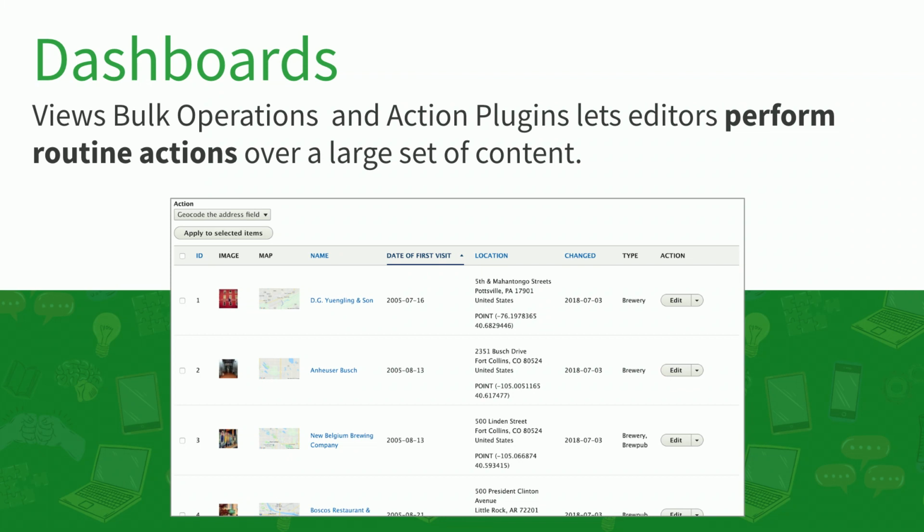So when I travel, I like to visit a bunch of breweries. This is my brewery logging website. And I have an action that geolocates these things, and I have an action that grabs a recent map or an image from Yelp. And when I want to update these, this is a simple view, but using the action plugin, which comes with Drupal core, I was able to create a custom action where I check off 3, 4, 5 or the entire set,